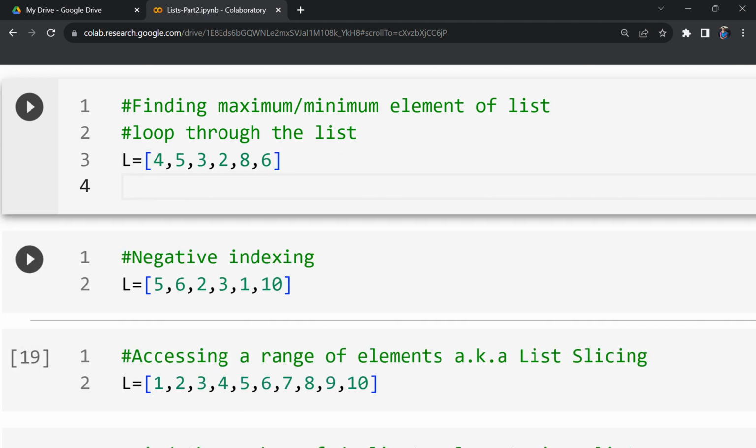The list I am considering for this purpose is 4, 5, 3, 2, 8, 6. There are 6 elements in this list. The maximum value is 8 and the minimum value is 2. To find the maximum or minimum elements of the list, there are built-in functions available. Max will find the maximum element of the list, min will find the minimum element of the list. For example,